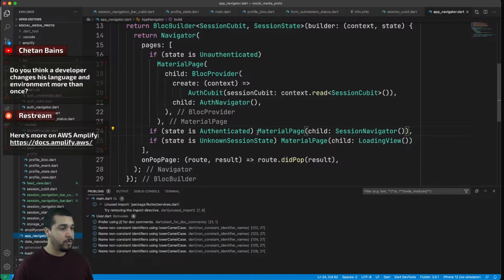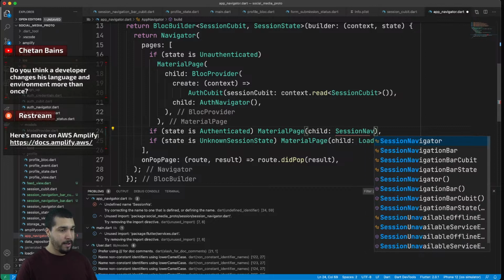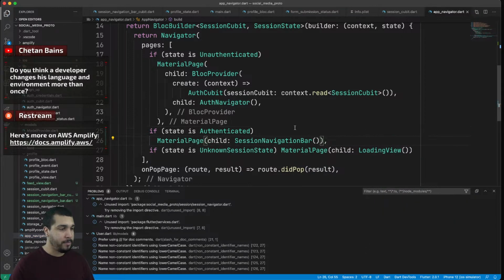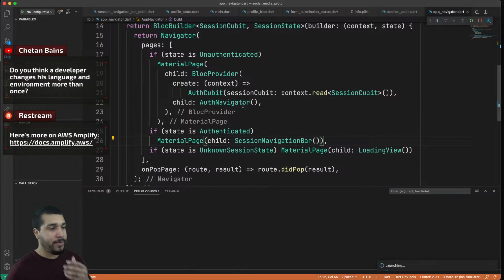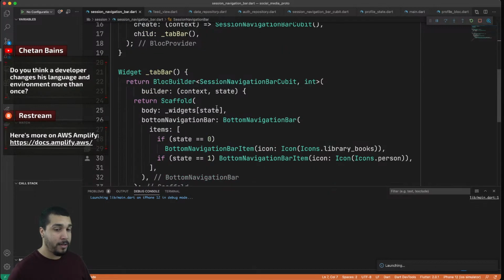So what we will do is, if it's authenticated, then we can show the session navigation bar. I'm going to have to come up with some different names because this is obviously not it. All right, so let's run this. Let's see if we can get the session navigation bar to show. And if I did everything right, then we should,